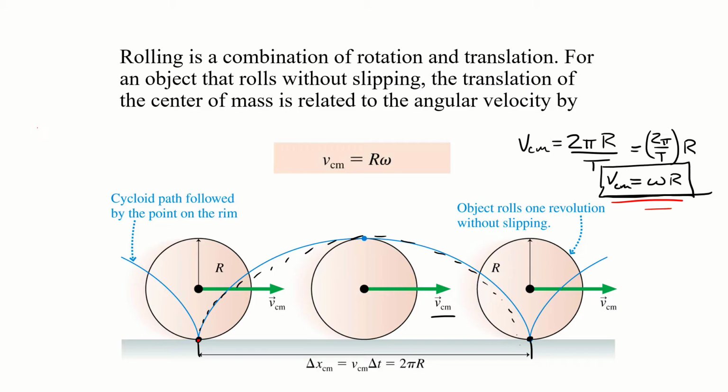And why it's important is, if you remember, we're going to have rotational kinetic energy plus translational kinetic energy. And this rotational depends on an omega. This translational depends on a velocity of the center of mass. And if we're going to actually want to solve for those, we need a way to relate those. We have 2 sort of unknowns typically. And the way we can do that is through this equation that relates the velocity of the center of mass, or the speed of the center of mass, with how fast that object's spinning.